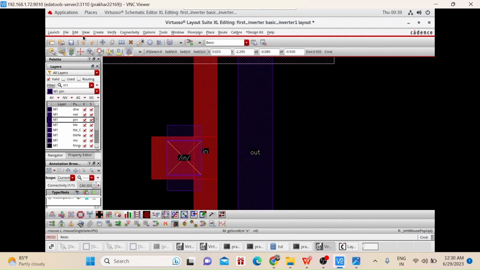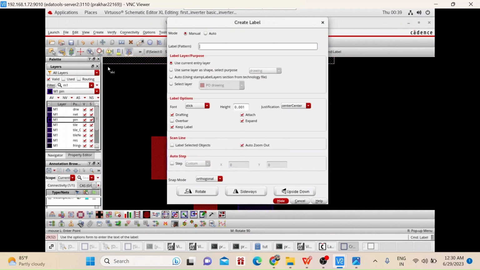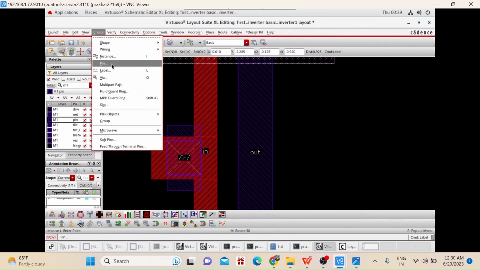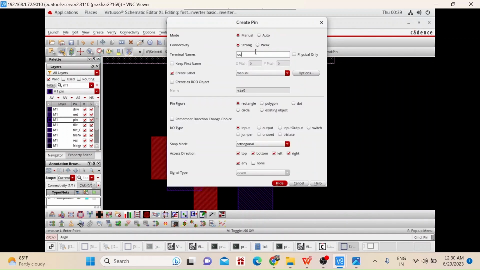Also give pin to the output. Select output.